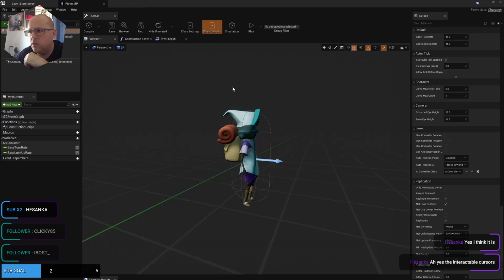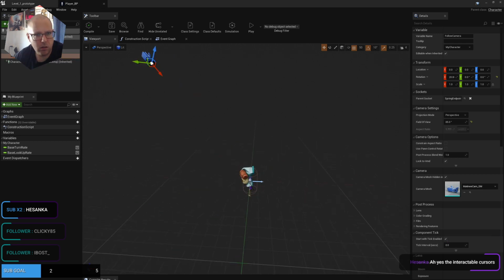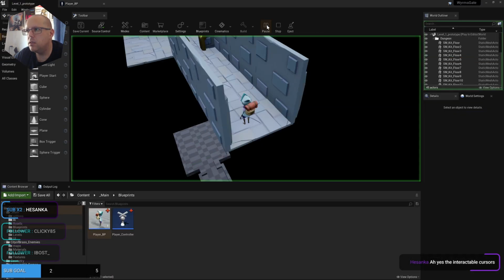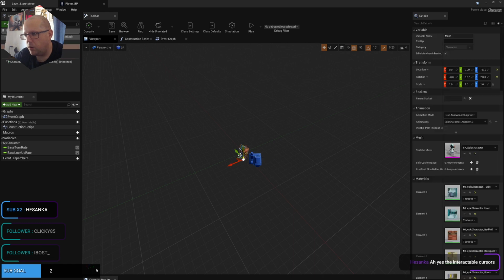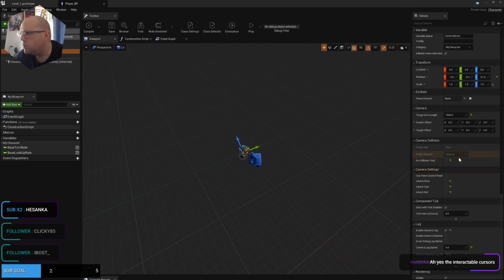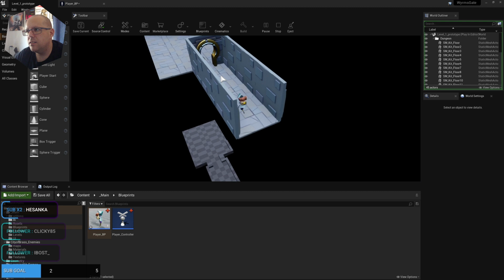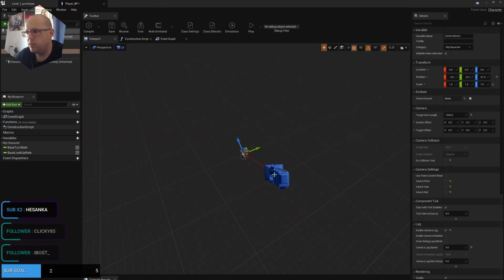Okay. Viewport camera. I kind of think weird. That's what it looks like? Yeah, okay. I thought there was a problem. There isn't. We're going to take the camera boom and we'll do it longer. That's okay. That's probably a good length, but let's make it a bit